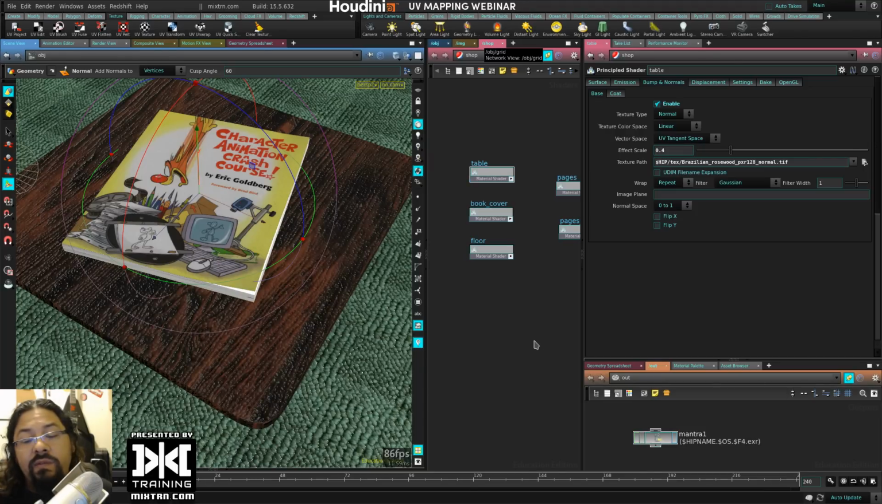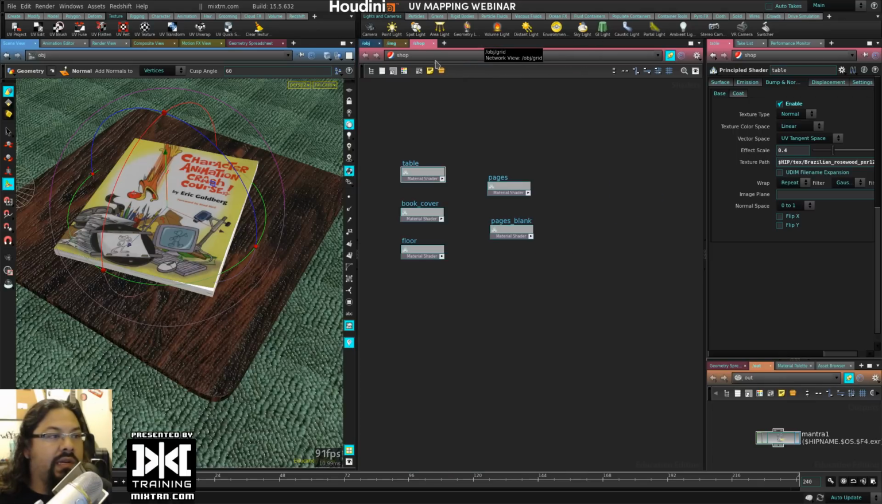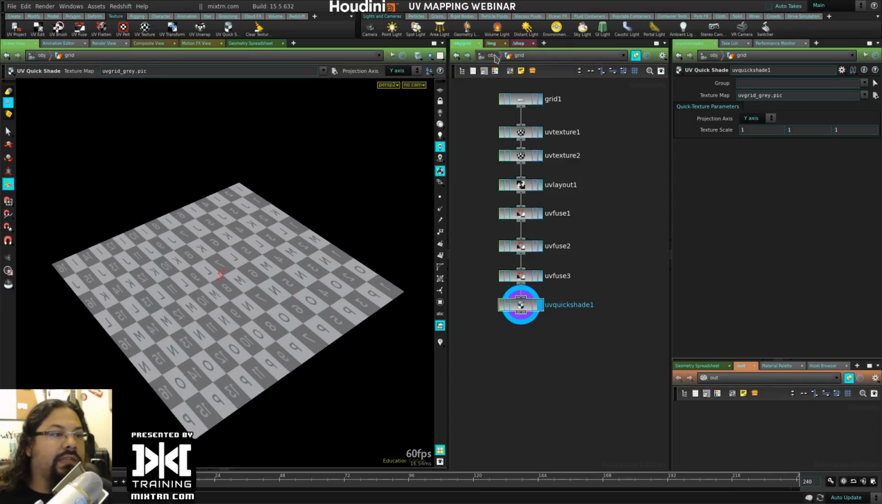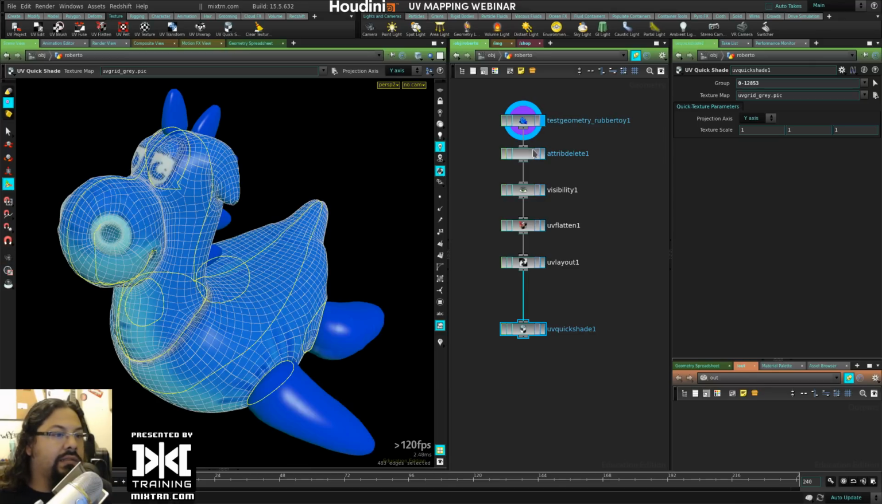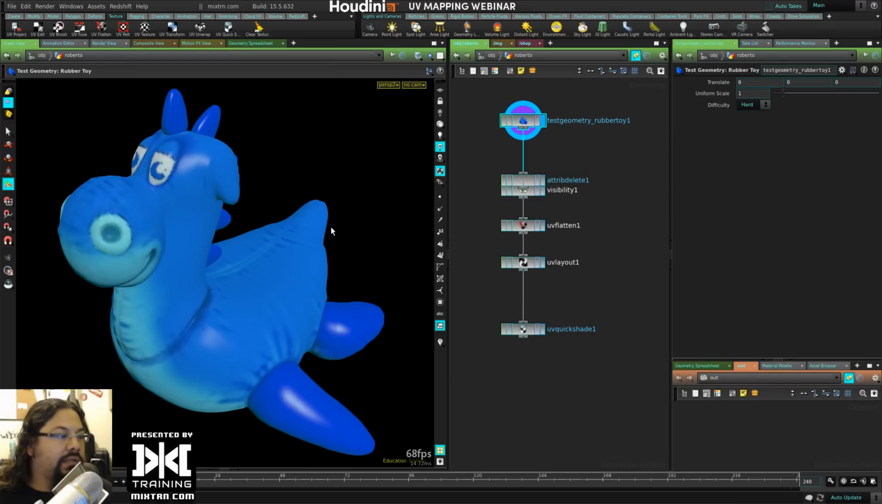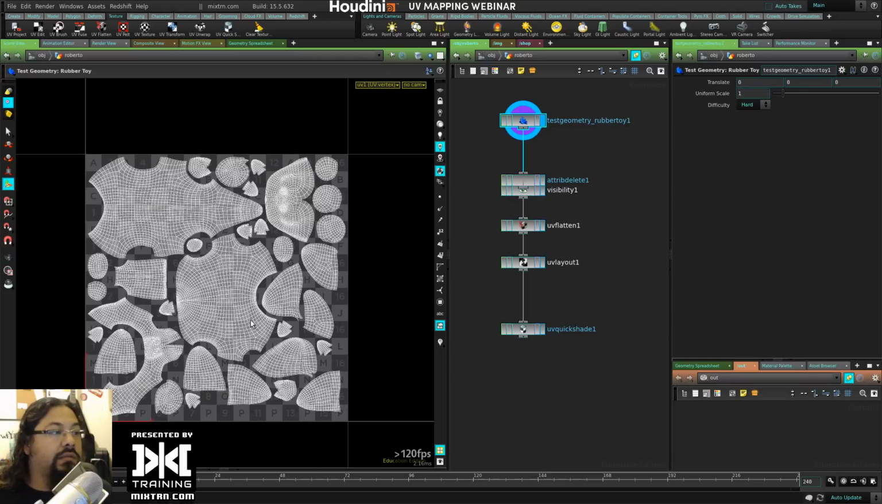Well, if you have UVs already, like any object that has UVs, like from Maya, you wouldn't have any issues editing here in Houdini. It will be just like the Roberto example here. Let's say this object came from Maya